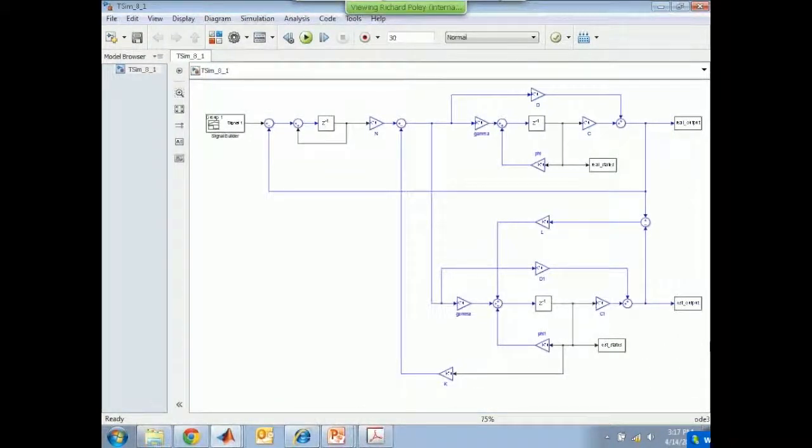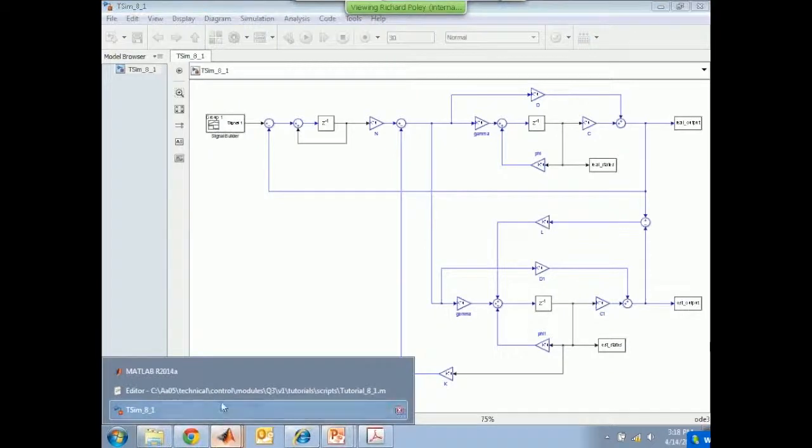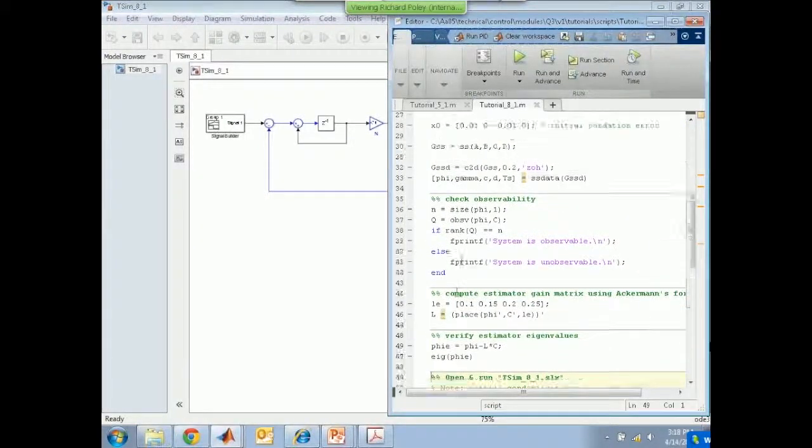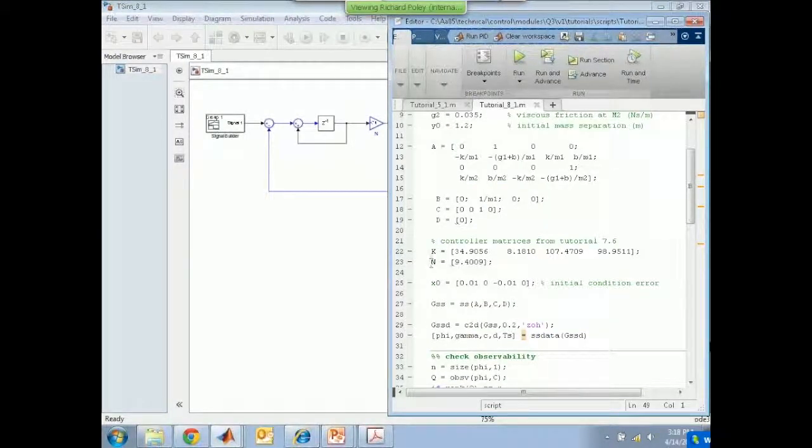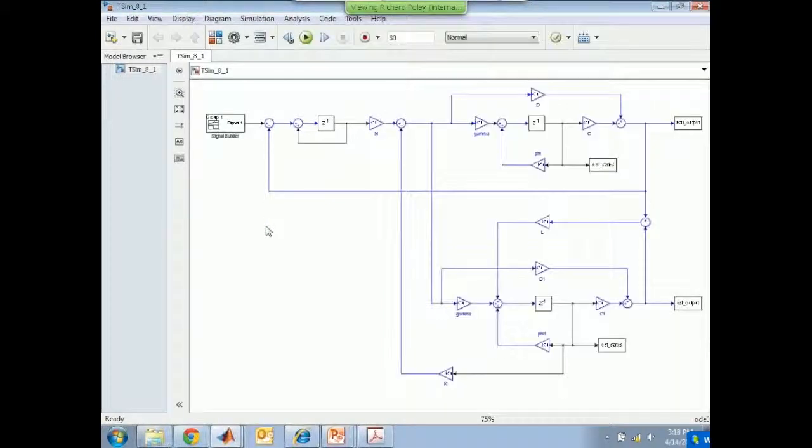Okay. So here it is. I was wrong. We're using integral control. I am sorry about that. I should have recognized it because the N matrix here was different. Remember before when we did the reference matrix, it was 11 point something, and we redesigned it. Also these numbers are different. They're not the ones that we had before. We are using integral control now, from now on. I apologize for that.